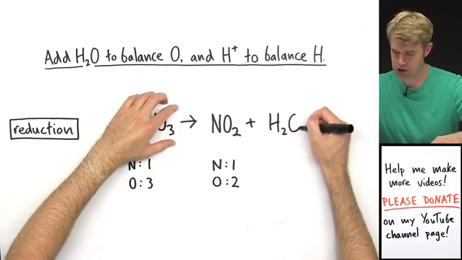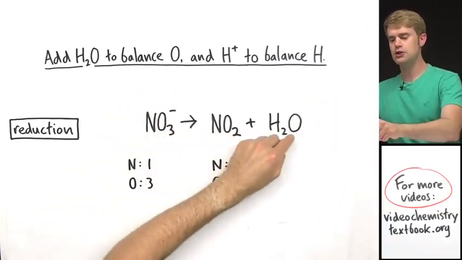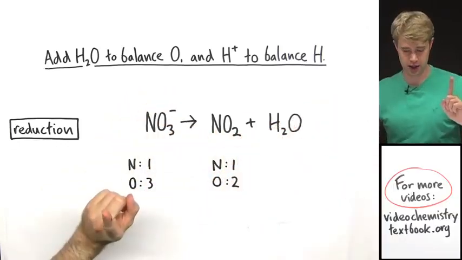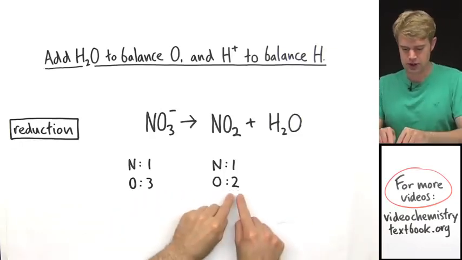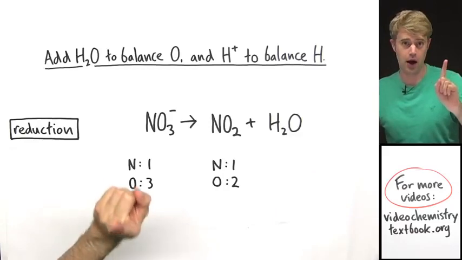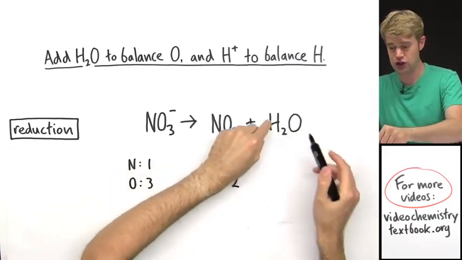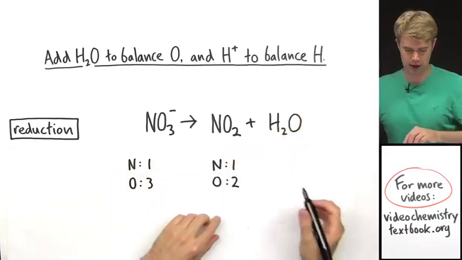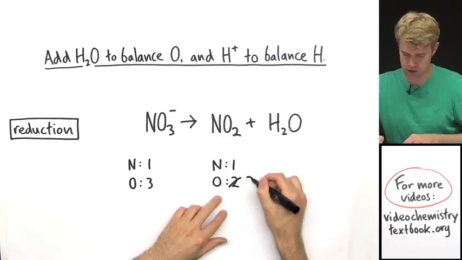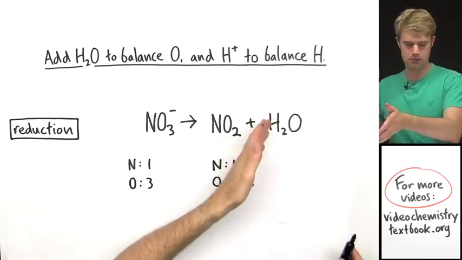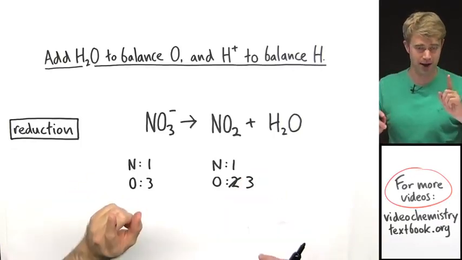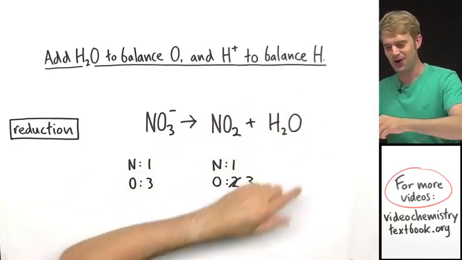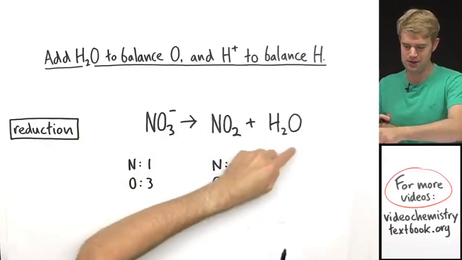Now, how many H2Os do I want? Each H2O molecule has 1 oxygen atom. I have 2. I need 3 so they balance. So all I need is 1 oxygen atom. Okay, so by adding just 1 H2O, I get that 1 oxygen I need, so I can go from 2 to 3 on this side. Okay, all set. Nitrogens and oxygens balance, but by adding this H2O, I introduced a new element into the equation,